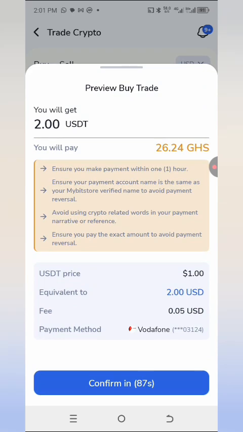Okay, so when you come to this page, it will show you how much you are going to pay in Ghana cedis. So for 2 USDT, you are going to be paying approximately 26 cedis. All right, so I'll just tap on confirm, and then when you tap on confirm,